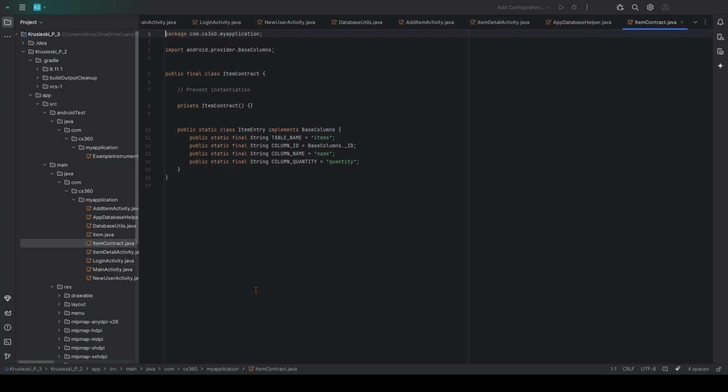Next, let's take a look at itemContract.java, which defines the database schema in a centralized manner. This file provides constants for the table name and column names, ensuring that the same identifiers are used consistently across all queries. This is a great example of maintainable database design. If the column names ever change, only this file needs to be updated, reducing the risk of errors throughout the